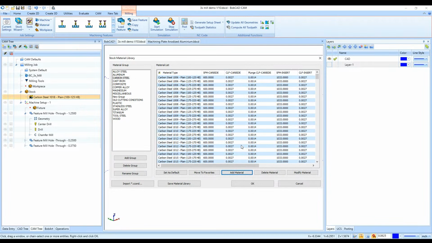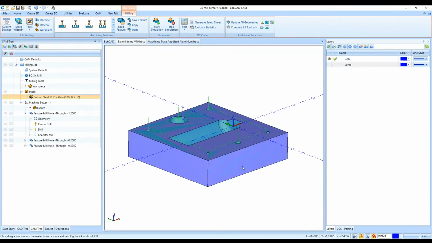We don't want you breaking any tools, and we want you to keep the life of the tool as long as you possibly can, while at the same time making sure that you're making chips and getting everything dialed in to the right machining times that you need, and going on your way. So we'll go out of the material library,